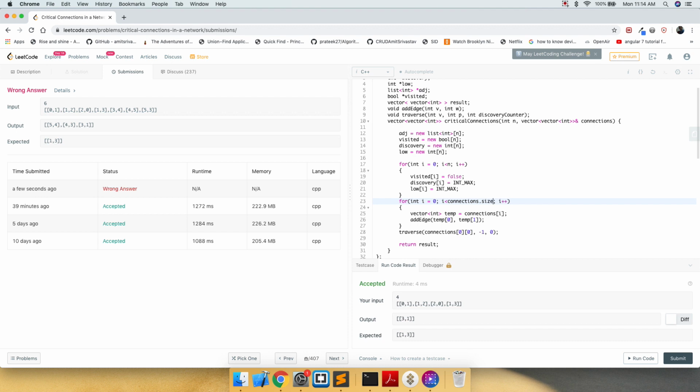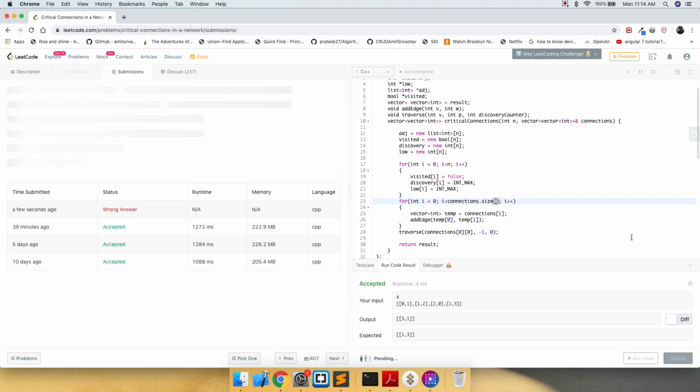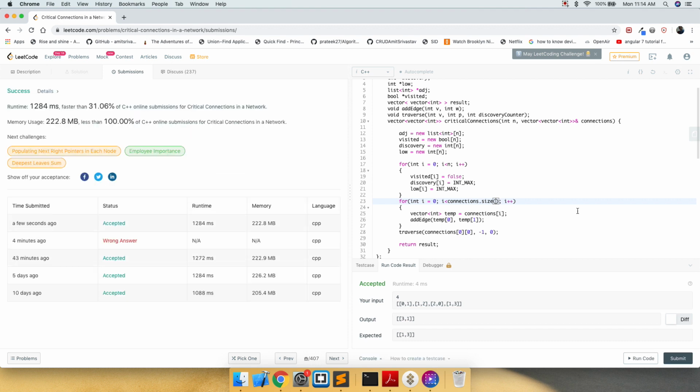Connections dot size. Let's give it another try. Bingo. As you can see, I make a lot of typos, and that's why I paused it, just to find out where I was wrong.